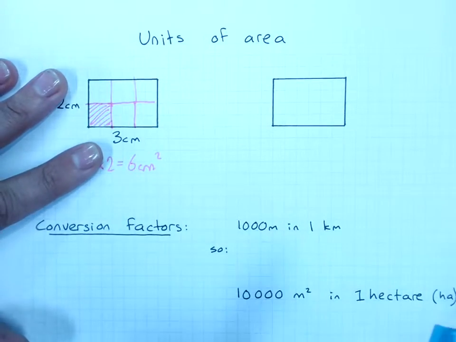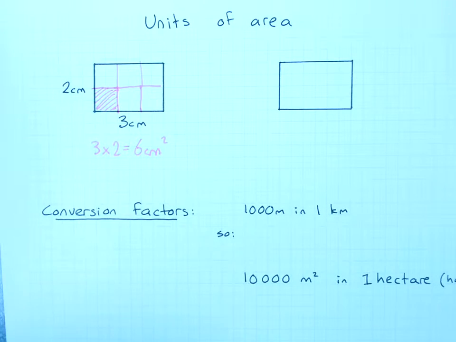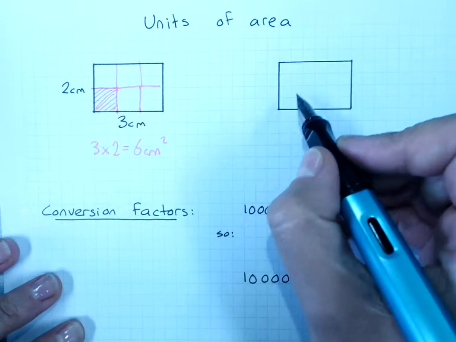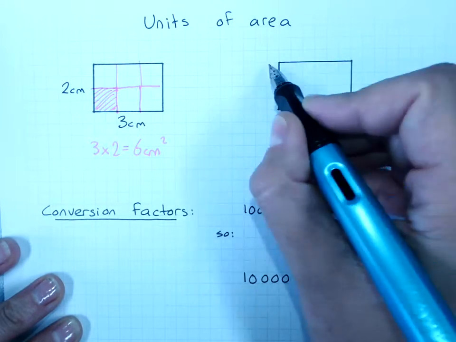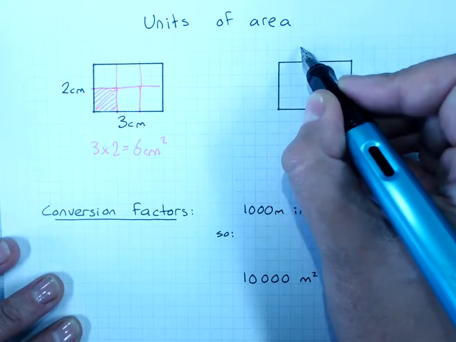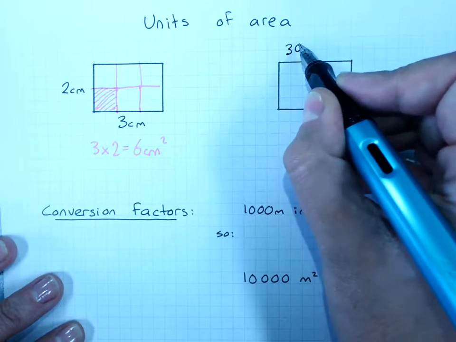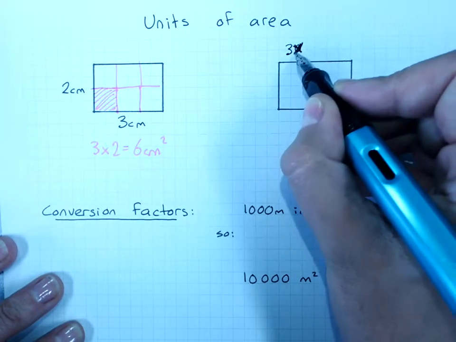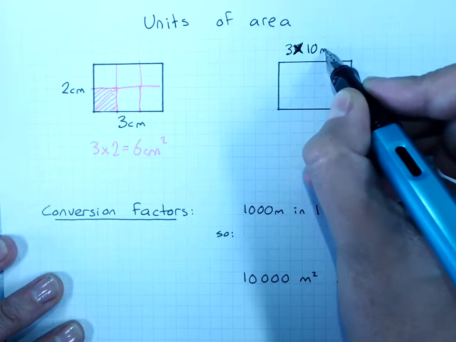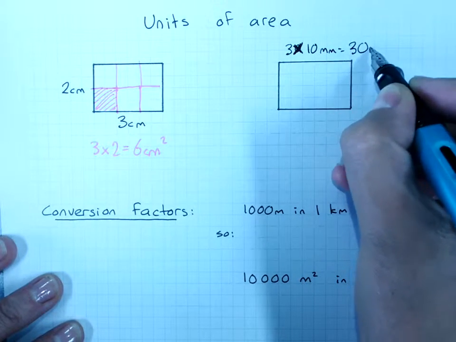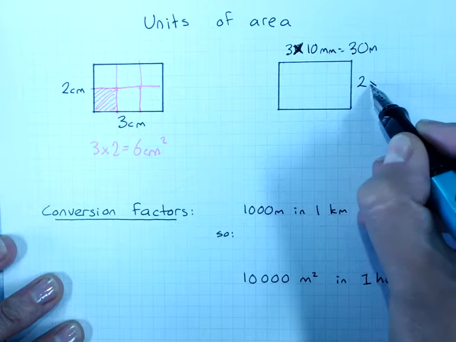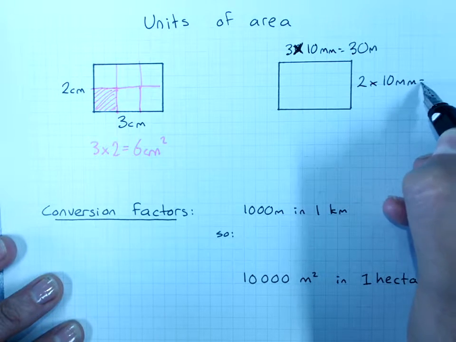Now I'll explain why it works, but then we'll just show you the method that you can use to get your answer. So it's okay if the explanation doesn't really work for you. If I wanted to change this length into millimeters, it was in centimeters, there's 10 millimeters in 1 centimeter, so this would be 3 times 10 millimeters, that's 30 millimeters. And this side is 2 times 10 millimeters. That's 20